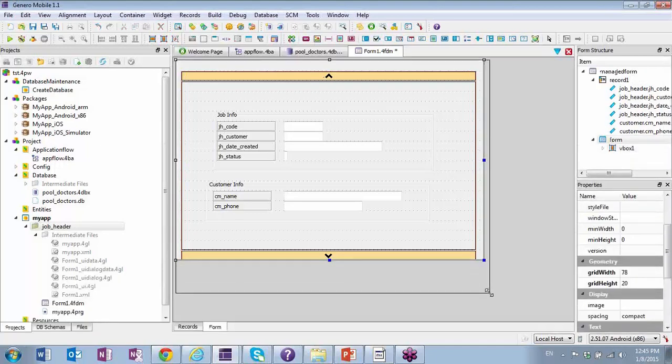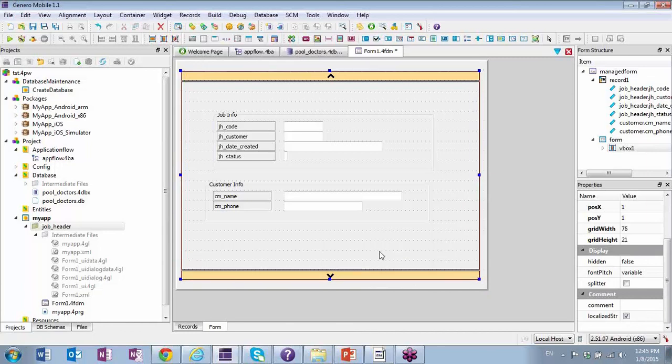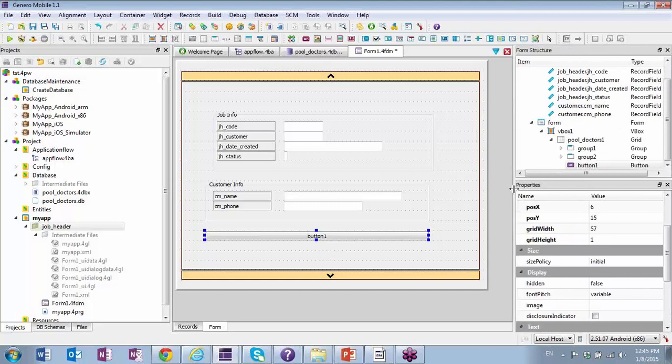Didn't want to get rid of that, but I guess I'm going to have to for you to be able to see and for me to be able to do it. There we go. Now I've got some more real estate now that I finally got rid of that. And I can create a button in here. Like a lot of times in the Pool Doctors app, you see these nice skinny buttons in there,